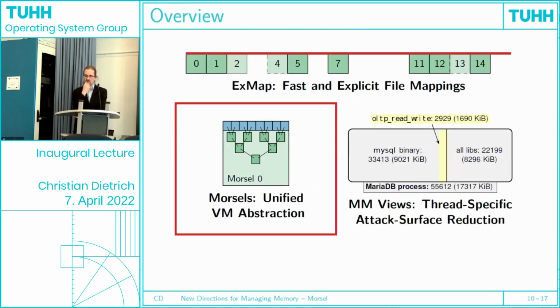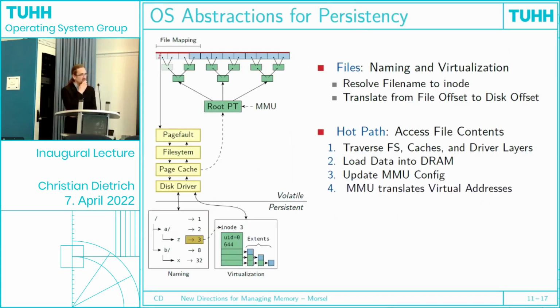But I want to come to another project that we are currently working on. This is more of a concept, so I can't show you any numbers at this point. But our idea is to unify the different kinds of memory: on the one hand, the volatile memory that we had for forever, and the new non-volatile memory, and to bring this to the user, to present memory to the user. So first, I want to discuss with you what is the current abstraction in our operating system to provide persistency.